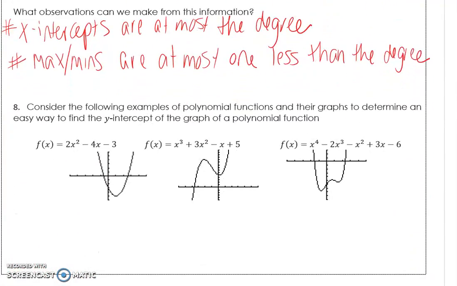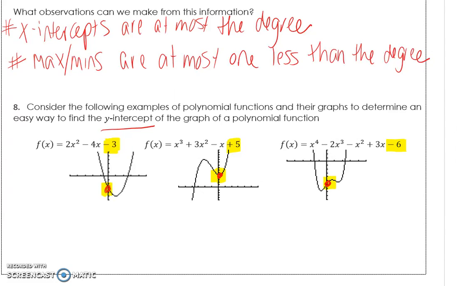The last piece is focusing on the y-intercepts. So the y-intercepts are where the graph crosses the y-axis. I'm going to highlight those points. And we're going to look at their equations specifically and think about, is there anything about their equations that signifies what the y-intercept is? So if you look here, our y-intercept was -3, and if we look at our equation, -3 appears there. Here we have +5,